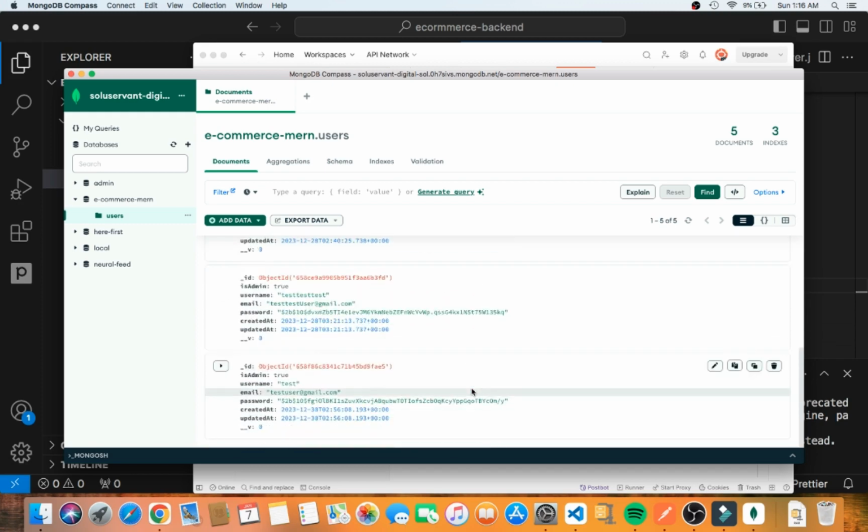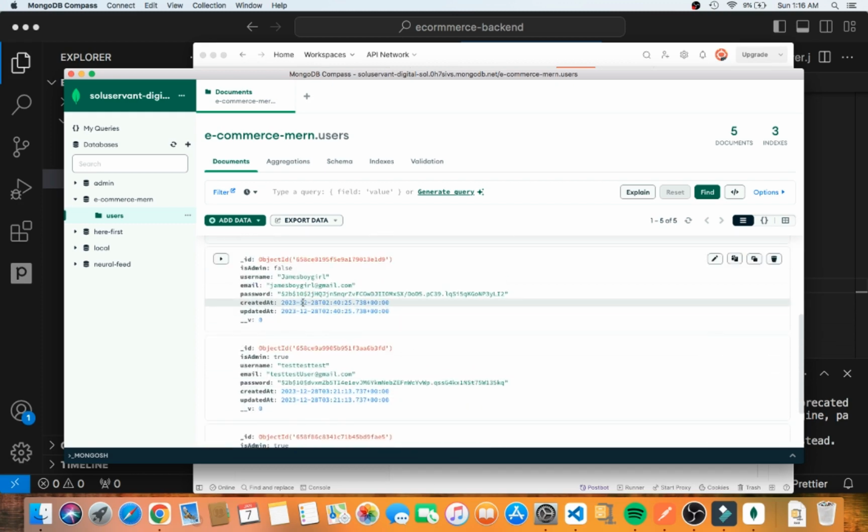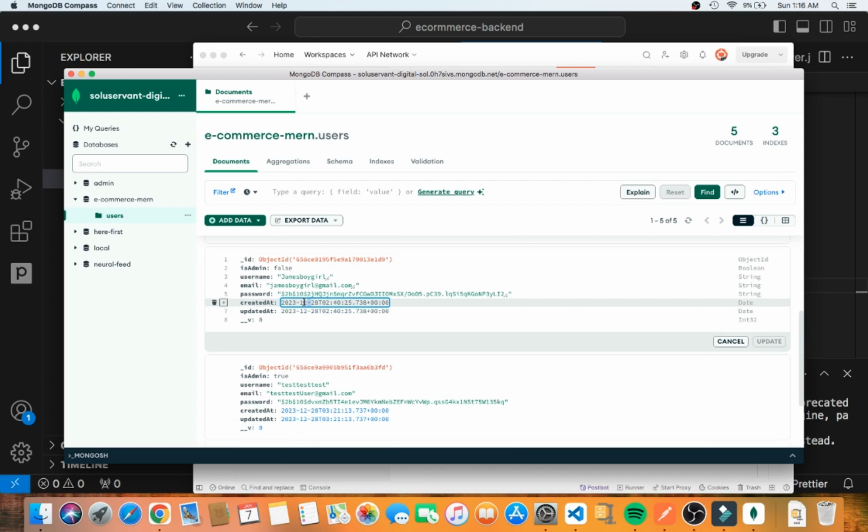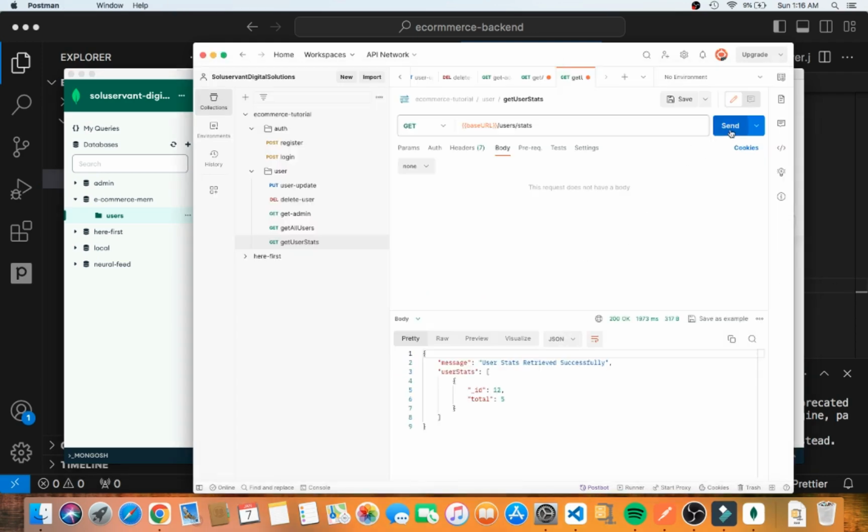Okay, then let me make this November, so that you get the whole trend. Okay, let's make this November. So when I come back and I send, you can see that it's creating different objects here. Okay, so we have the user stats throwing out this array of objects, saying that in